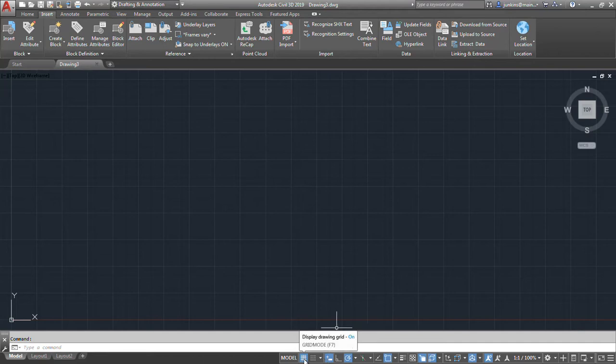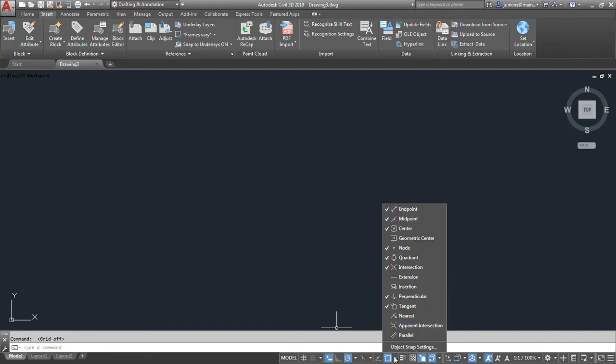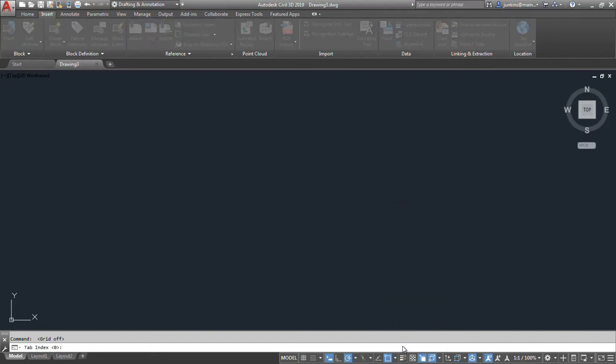We're going to look down here at the bottom of the screen where it says model. We're going to turn off this grid pattern, so we just end up with a black screen. Make sure your dynamic input is turned on. Your polar tracking should be turned on. Your object snaps, and let's just go ahead and make sure endpoint, midpoint. If you just want to click on that object